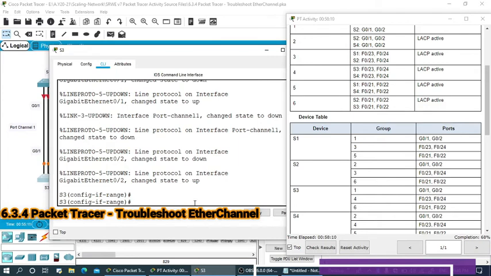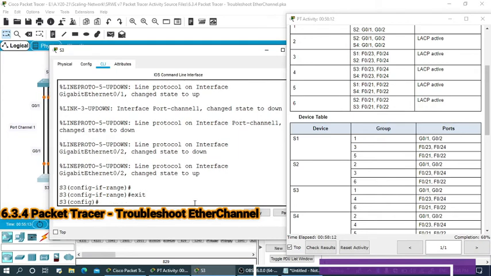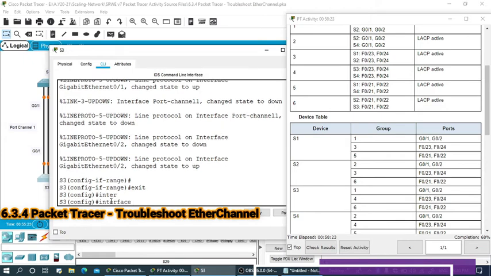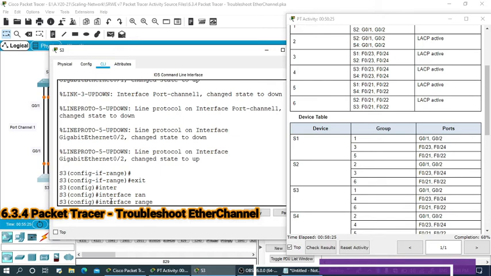Then exit. The second one here in switch 3 is 23 and 24. Interface range FastEthernet 0/23 to 24.